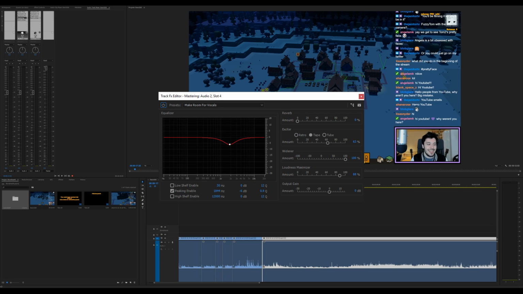And then loudness maximizer just to bring the volume levels back up to where they should be without basically just adding to the gain. We could do the same thing by adding to the output gain down here, but what the loudness maximizer does is it crushes all the audio peaks down and brings the entire level of everything up. So it brings the average level up to around about 70% and gives you an overall nicer audio level that